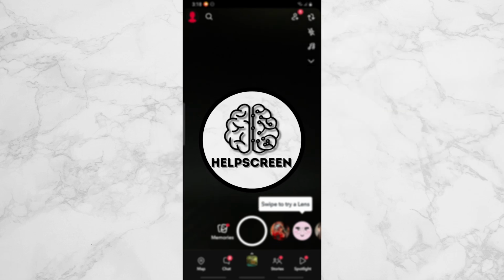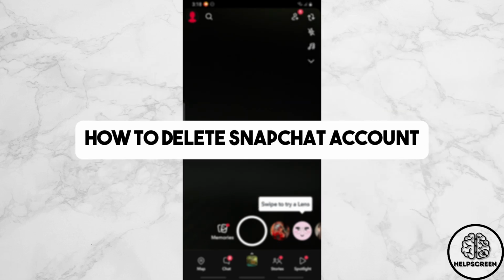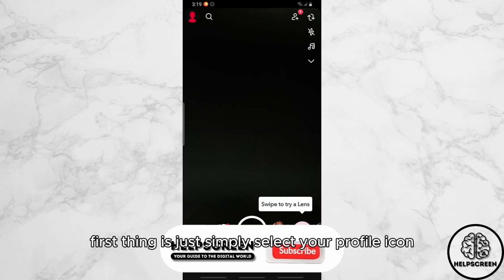Welcome to Help Screen. If you want to delete your Snapchat account, the first thing is to simply select your profile icon,